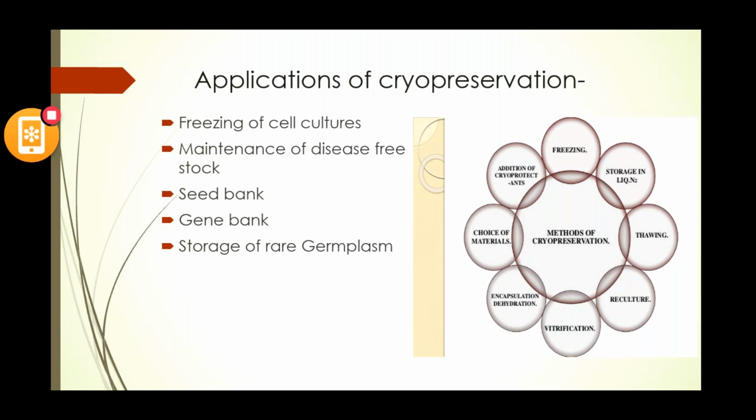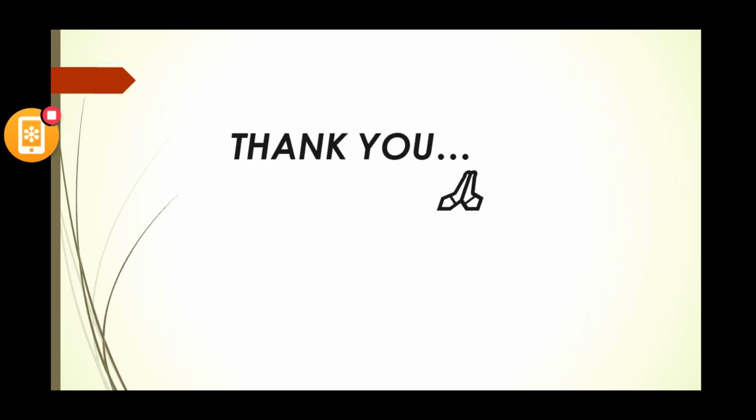That is the reason we cannot find that type of girl everywhere. That means she is very rare, and it is necessary to store that girl's germplasm and blood serum, because it may help people in the next generations. It may be useful for researchers to help that type of patients. And this is the reason why cryopreservation and lyophilization are used. And this is the end of the session. Thank you.